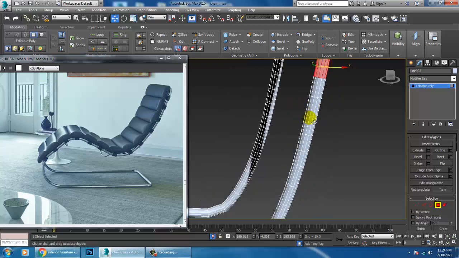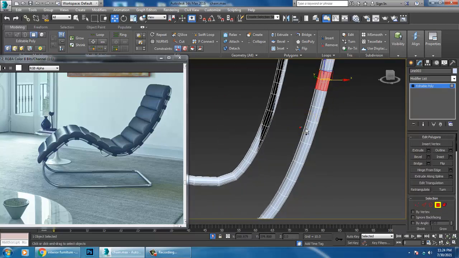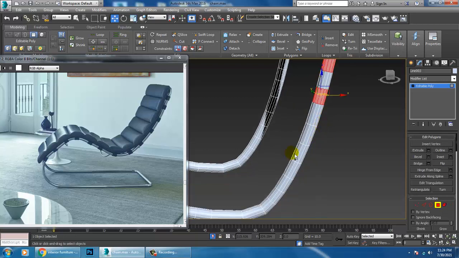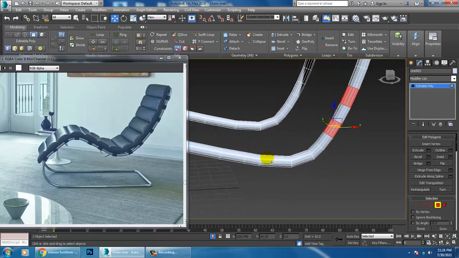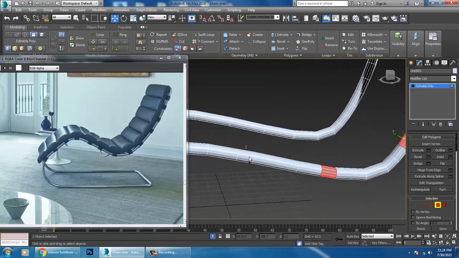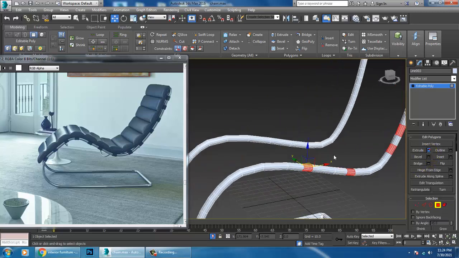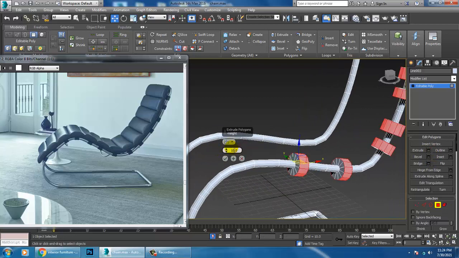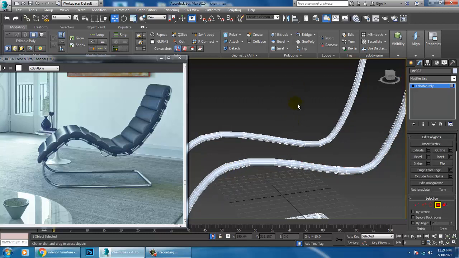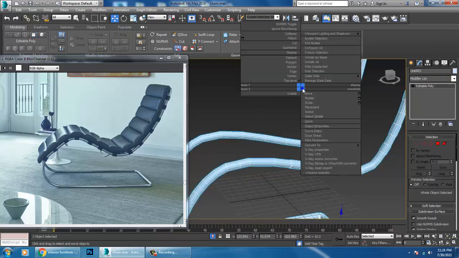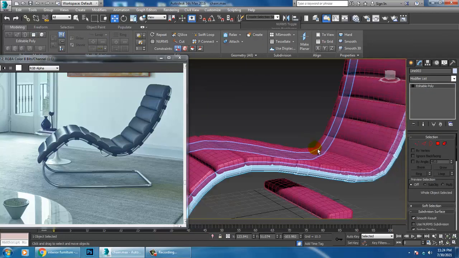Whatever is visible over here, we'll make that. Let's click on extrude by local normal, reduce the size and click OK. Right click on it and click on end isolate over here.